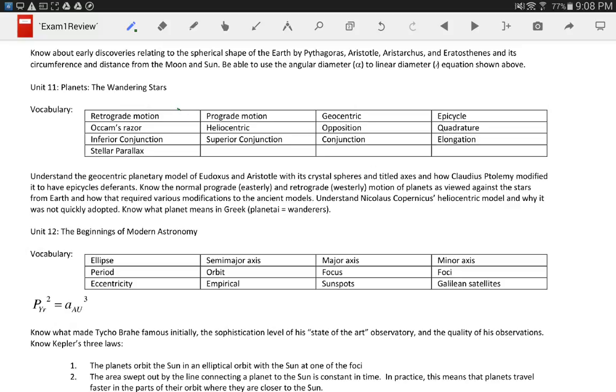It could not explain retrograde motion. Retrograde motion being, you look at these planets and they appear to move constantly one direction in the sky, and then all of a sudden they'll stop, and for a short period of time they'll go the other direction, and then start going the forward direction again. Now, we did a lab where we saw geometrically why the heliocentric model, the model with the planets orbiting the sun, explains that. But Ptolemy came up with a very complicated system where you had the big circle, and then